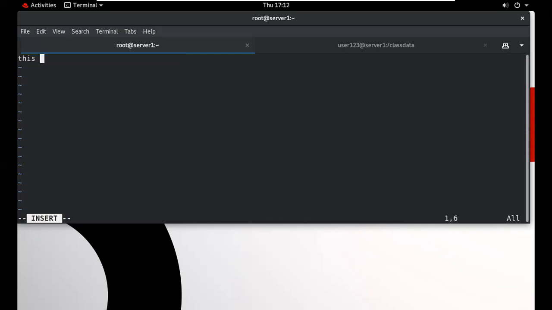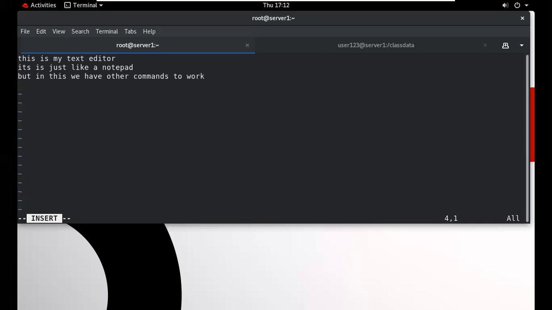Suppose this is my text editor. It is just like a notepad, but in this we have other commands to work.